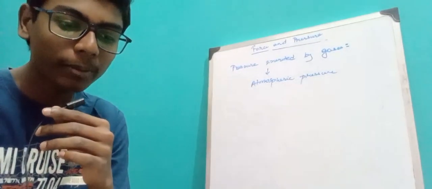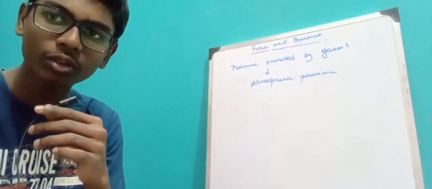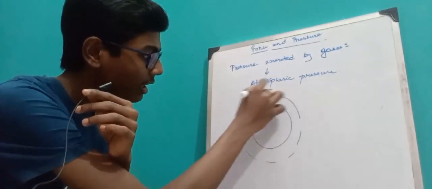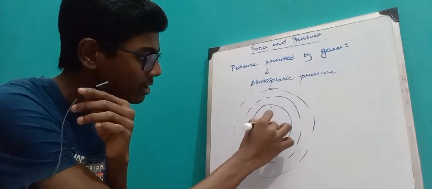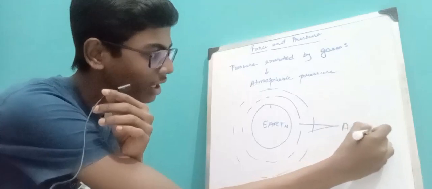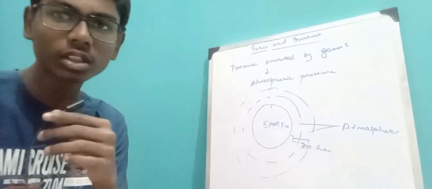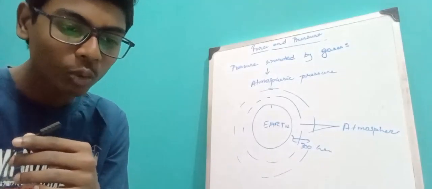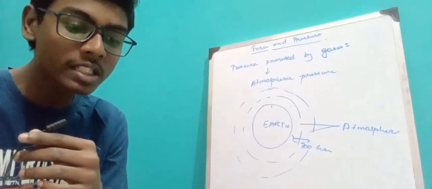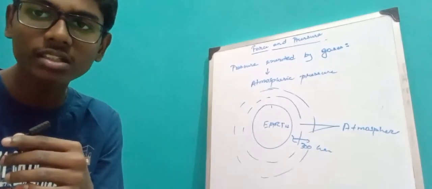The earth is surrounded by a 300-kilometer thick layer of various gases known as the atmosphere, as we already know. Okay. So we have a thick layer of atmosphere like this around the earth. If this is the earth, this layer is called your atmosphere. It's a 300-kilometer thick layer which is held to the surface of the earth by gravitational pull and exerts a force on it. The force exerted by the atmosphere per unit area on the surface of the earth is called the atmospheric